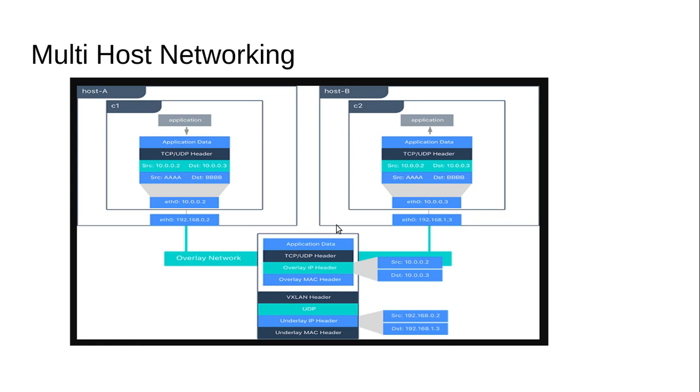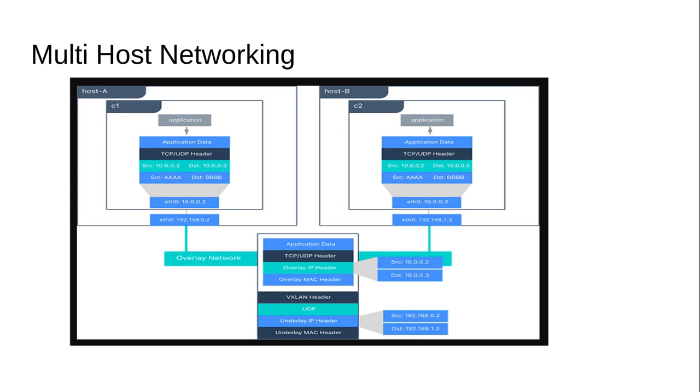Now this router, what it will do is first see this underlay header. In this header it will have the source as host 1's IP and the destination as host 2's IP. So this router will have an idea where host B is located. It will remove that header, because only by removing the header will it understand where the destination, host B, is. Now the overlay header will be passed to host B.